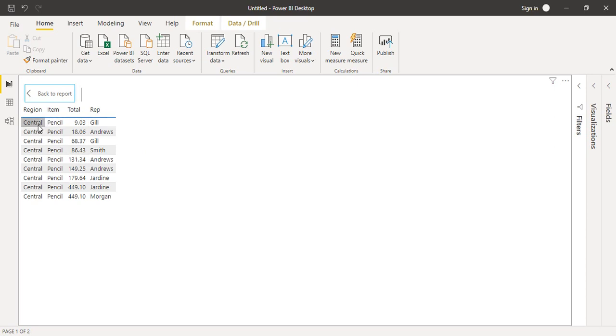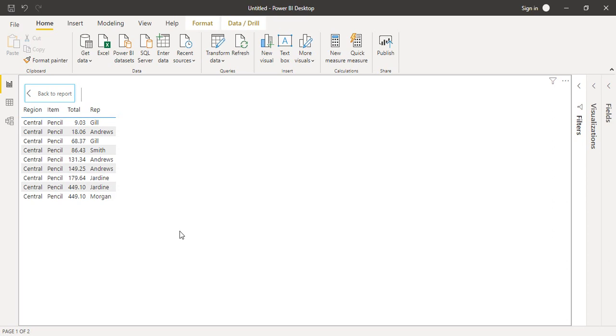When you click on it, you get all the records in the form of a report. If you cross-check it, if we take a look at the region, these are all of the central region, and for the item, these are all of the pencil items. Means we have got all the records over here of the pencils being sold in the central region. This is exactly what you would do with the help of filters in Microsoft Excel, but in Power BI you have a much simpler approach. All you have to do is click on that particular data point, and you can see that in the form of a table.